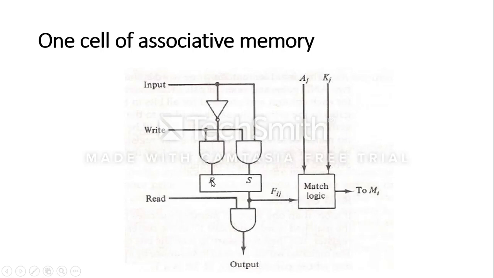Similarly, if you want to store something for the R input of this flip-flop, then the same input value, but in the complemented form, can be ANDed with the write control input for this memory cell. Now why is this complement needed? For that you have to recall the basic characteristic of the RS flip-flop.